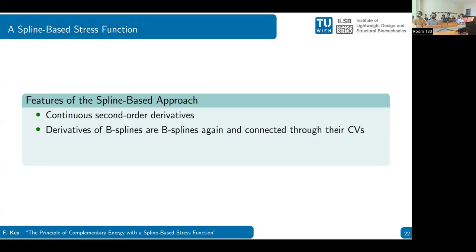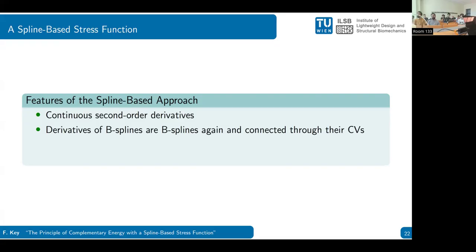Then the derivatives of the B-splines are B-splines again. And these derivatives are connected to their control variables, so they are not completely independent. I've already shown in the beginning that using this Airy stress function in this way, we fulfill equilibrium, but we